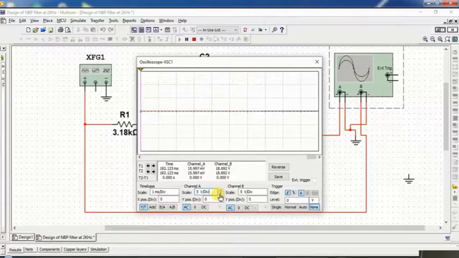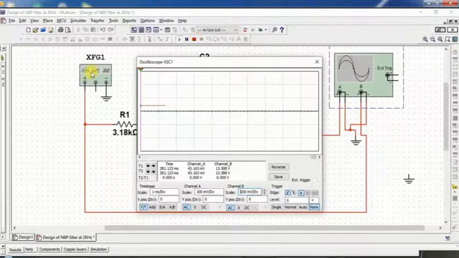So here, changing the scale like this, and set the scale for channel A and channel B also. After some time we will find the output waveform on the CRO after changing the scale.